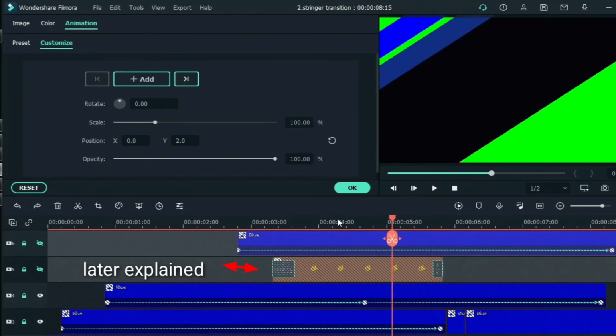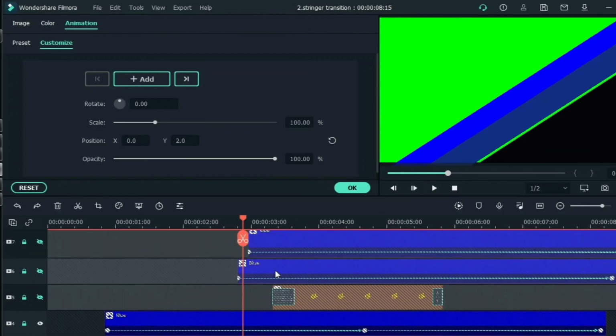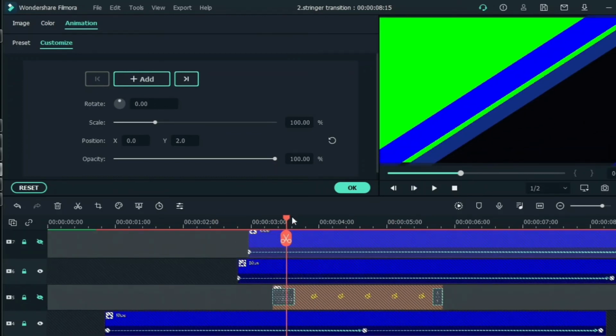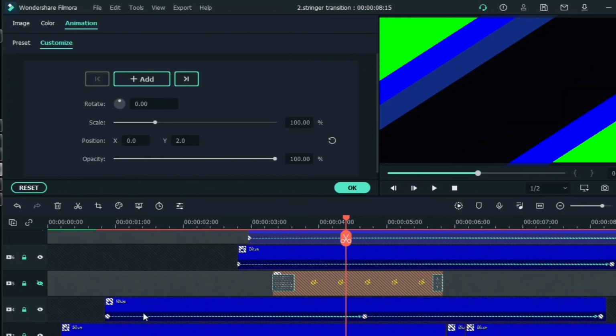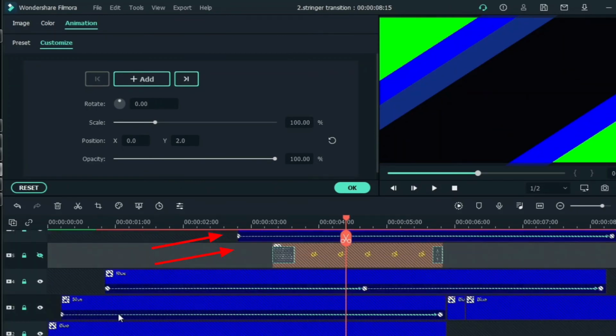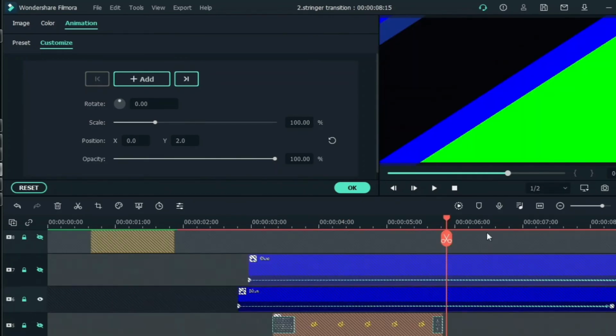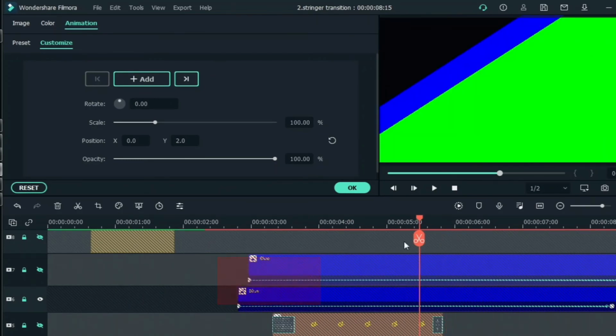Now guys, fast forwarding it, I have left one track which I will explain later, and let's move towards another blue screen which is being followed by a black screen. So I have just duplicated the first and the second track again over the black color screen track. So you just need to duplicate it over there, the same thing will happen and it will follow the black screen.